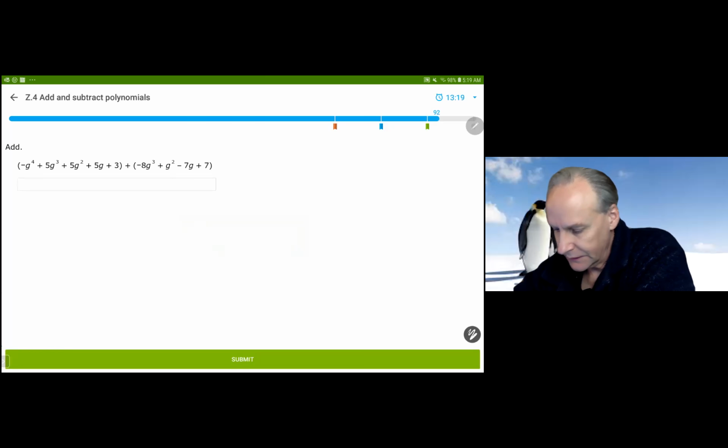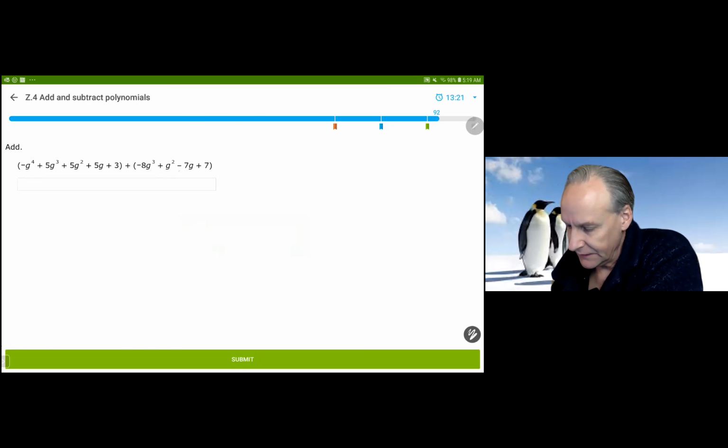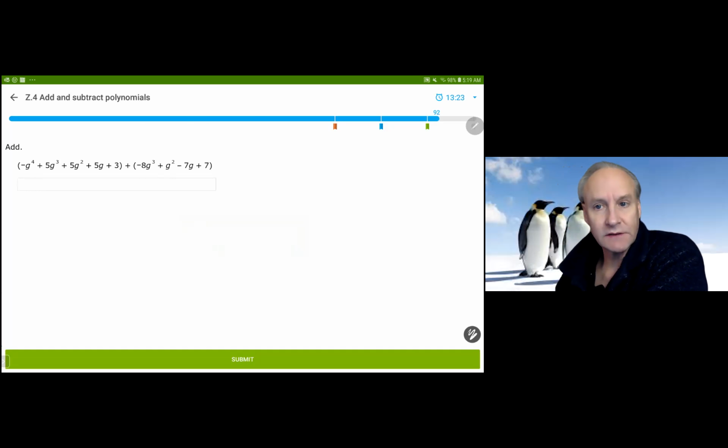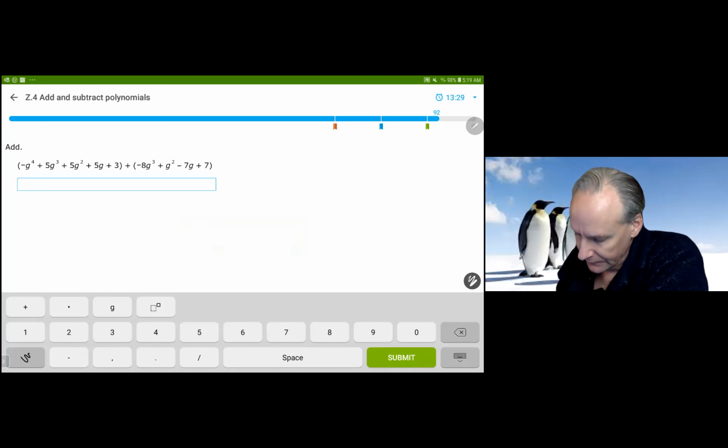Okay, a nice long one. We've got them in descending order, which makes it easier. That's one of the reasons that we like them in descending order, so we can see what matches with what. So we have a negative g to the fourth, and we have a minus 3g cubed, and we have a plus 7g squared,